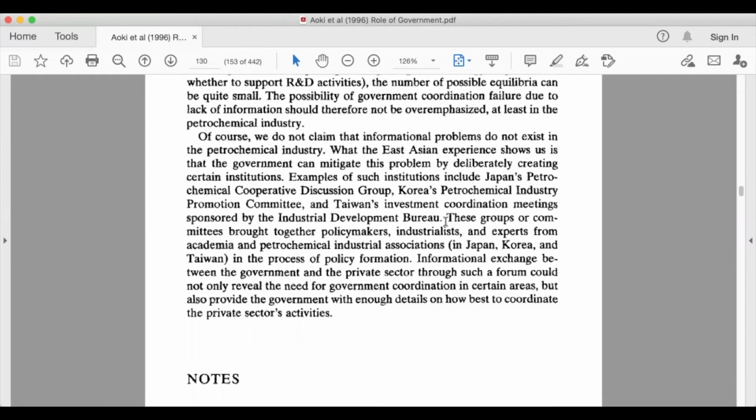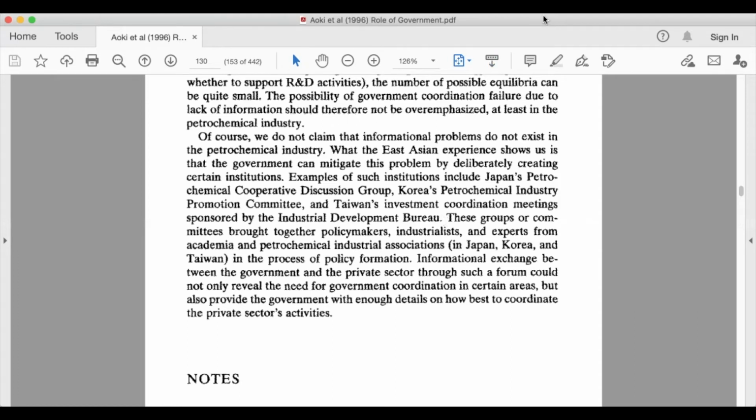Examples of such institutions include Japan's Petrochemical Cooperative Discussion Group, Korea's Petrochemical Industry Promotion Committee, and Taiwan's investment coordination meetings sponsored by the Industrial Development Bureau. These groups or committees brought together policymakers, industrialists, and experts from academia and petrochemical industrial associations in the process of policy formation. Informational exchange between the government and the private sector through such a forum could not only reveal the need for government coordination in certain areas, but also provide the government with enough details on how best to coordinate